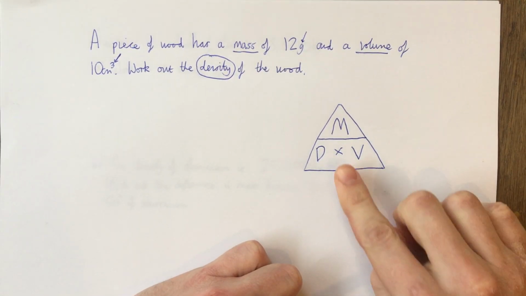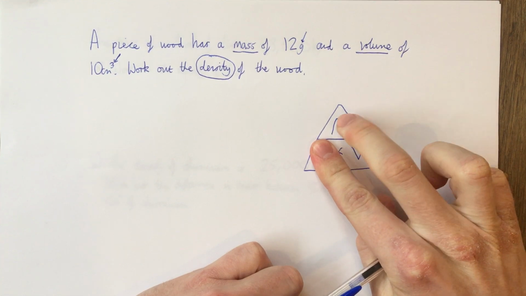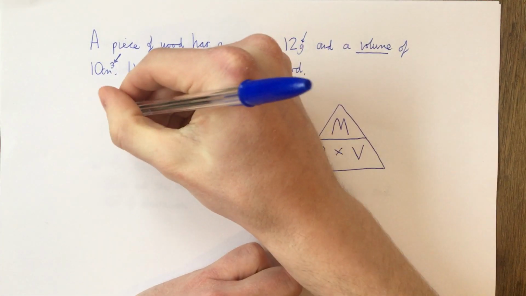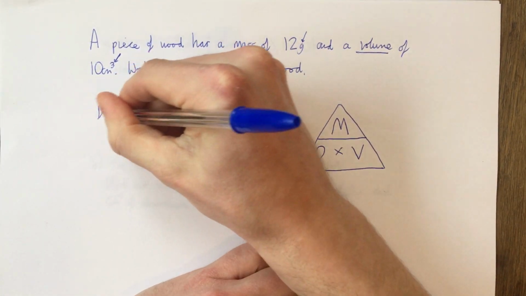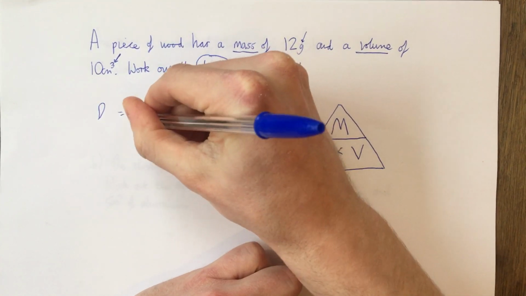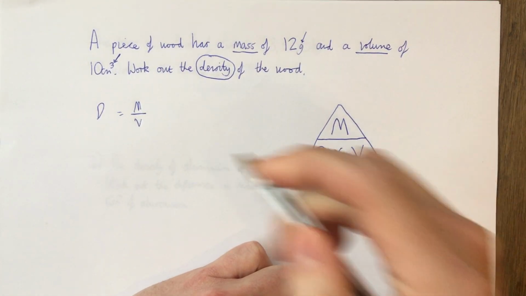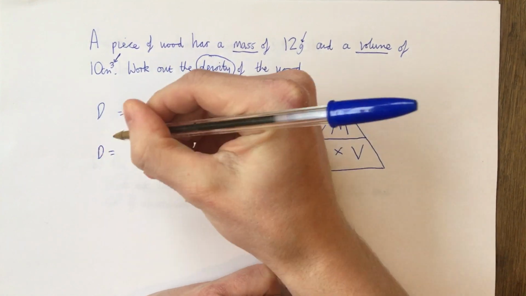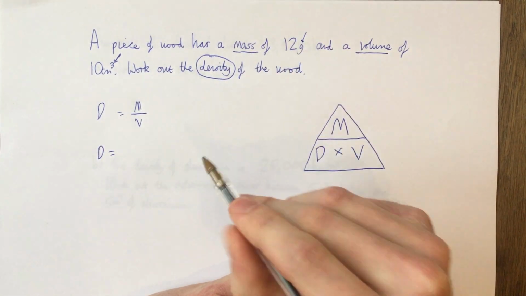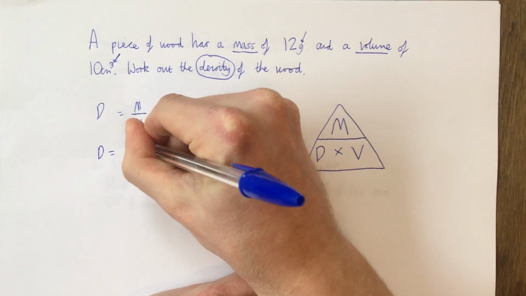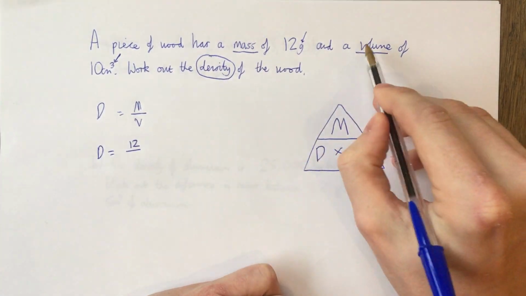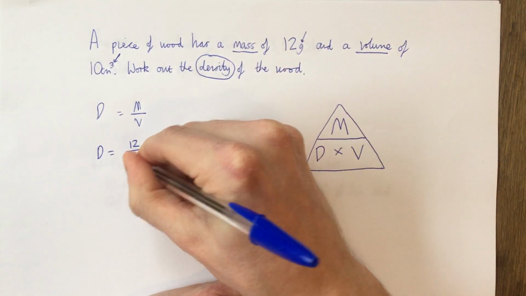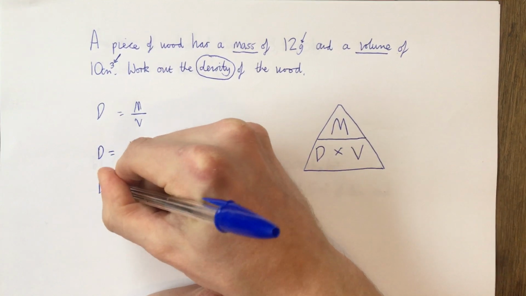So I'm going to cover up the D, leaving me with mass divided by volume. So to get density, I'm going to do mass divided by volume. Density equals, the mass we know is 12, so it's 12 over the volume they've told us is 10, so it's 12 over 10, so density equals